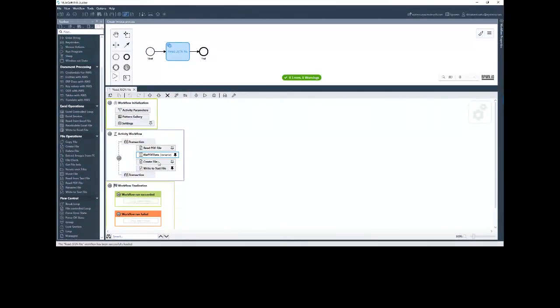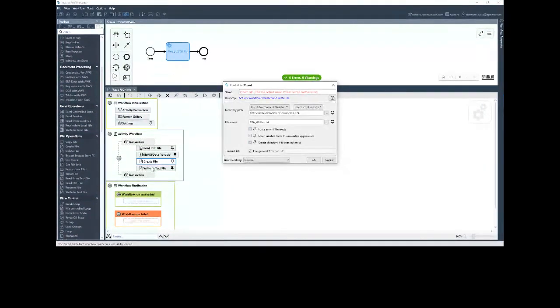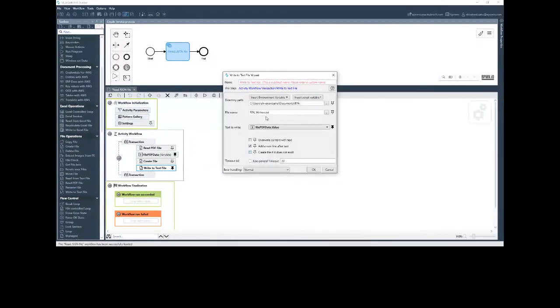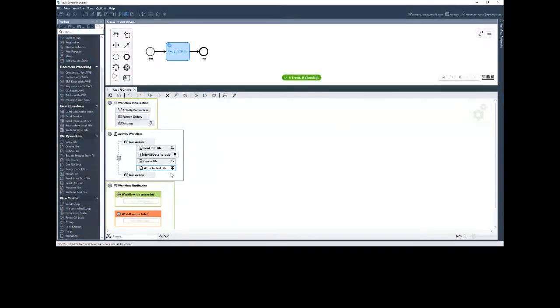Then I want to take that data and write a file. That step is to create an empty file and then write to a text file. My file is rpa written.txt, under documents rpa. And this is put under a transaction. If anything fails here, it will throw an error and roll back. If you understand rollback, it will just not write the file. So this is a simple process. Let's try to run this.